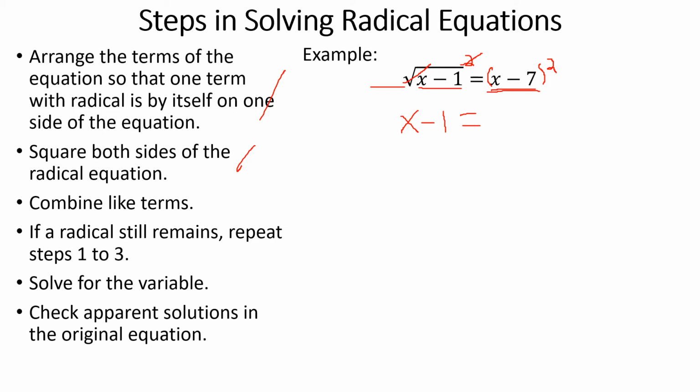expand po natin to gamit ang FOIL method. So, square of a binomial. You may follow or pwede nyo pong gawin yan sa isang pirasong papel. So, 14x plus 49. Okay. Transpose po natin yan dito sa kabila. So, ang mangyayari, x squared minus 14x plus 49